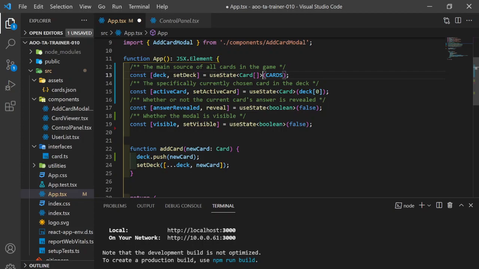So initially, and every time we call useState, it's giving me access to the current value that it has. Initially, for this first useState, it's cards, and therefore deck is initially equal to cards. But at some point, I call setDeck, or I call setVisible, or I call reveal, or I call setActiveCard, and I change the value that's stored in that useState's memory, the thing that it's tracking, that Boolean variable it has on my behalf. The variable over here does not immediately change, but once we call app a second time,